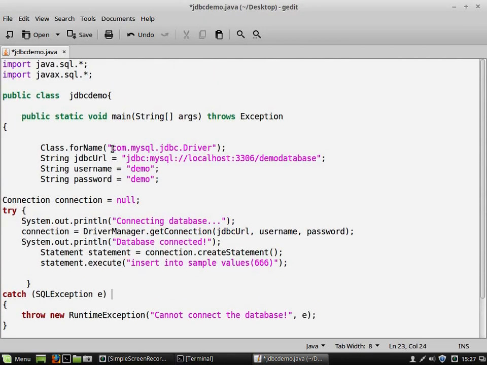So as I told you, I'll be telling how to set a class path to the MySQL jar file. Because if you do not set class path to MySQL's jar file, then probably this statement will not be executed. There you will get an exception, ClassNotFoundException. Okay, ClassNotFoundException will be thrown. To avoid that exception, we need to set class path. Now we'll see how to set class path.